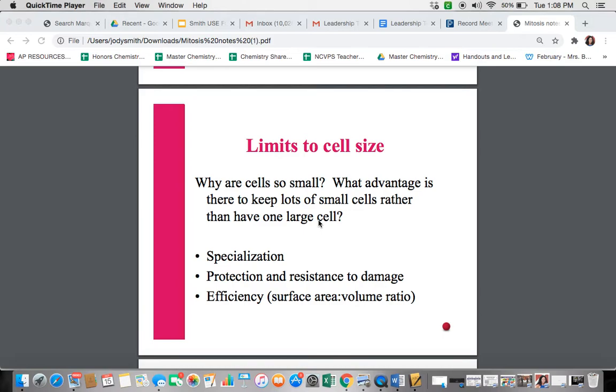Also, for efficiency of movement, that's what this is stating, surface area to volume ratio. If you have a lot of little things, the movement between one particle and the next happens more efficiently than if you have one huge one. Think of the bouncy balls at Walmart. If you have one big bouncy ball and somebody punches it, you're done. But if you have a lot of those little gumball machine balls and you lose one or two here and there, not so much a big deal. So when something is smaller, it tends to be more efficient